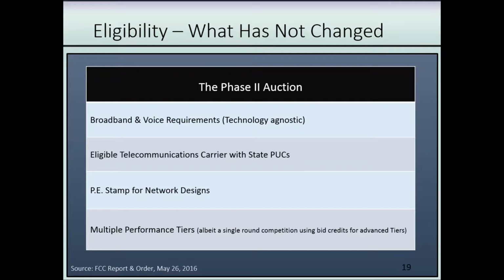There's also a requirement for a professional engineer to stamp the network designs that you are putting forward as your statement that you can meet the eligibility requirements, and that is done typically by an independent, but it has to be a professional engineer that looks it over. And I would suggest to you that if you're interested in participating, let's establish those relationships earlier rather than later, so that you're not unfocused on the most important element, and that is how you want to place your bid.